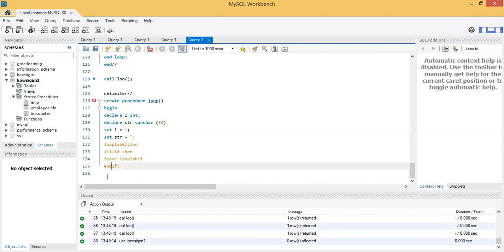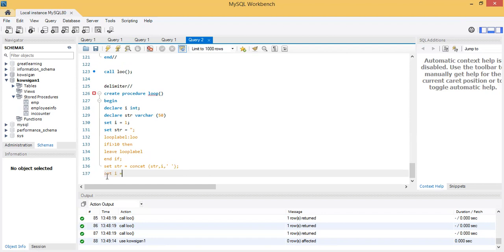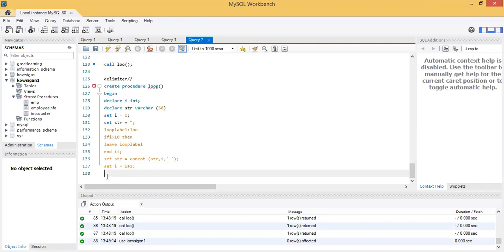End if should be mentioned like end if, then set str equal to concat of str variable comma I comma, mention with the space that apostrophe because the values will be stored here, comma set I equal to I plus 1, set I equal to I plus 1, then end the loop, end loop,